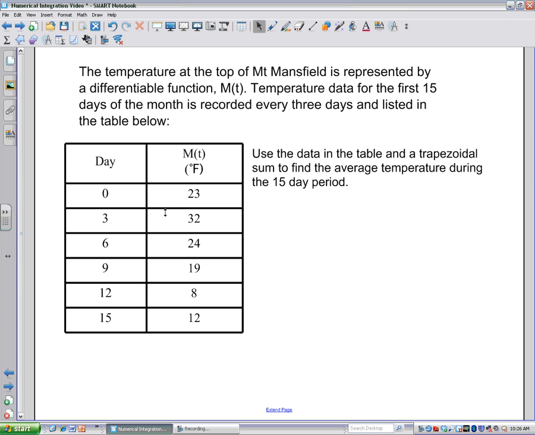All right, so the temperature at the top of Mount Mansfield is represented by a differentiable function, m of t. Temperature data for the first 15 days of the month is recorded every 3 days and listed in the table below. So we want to use the data in the table and a trapezoidal sum to find the average temperature during the 15-day period. Okay, so remember, if we're finding the average temperature, we're going to do the integral